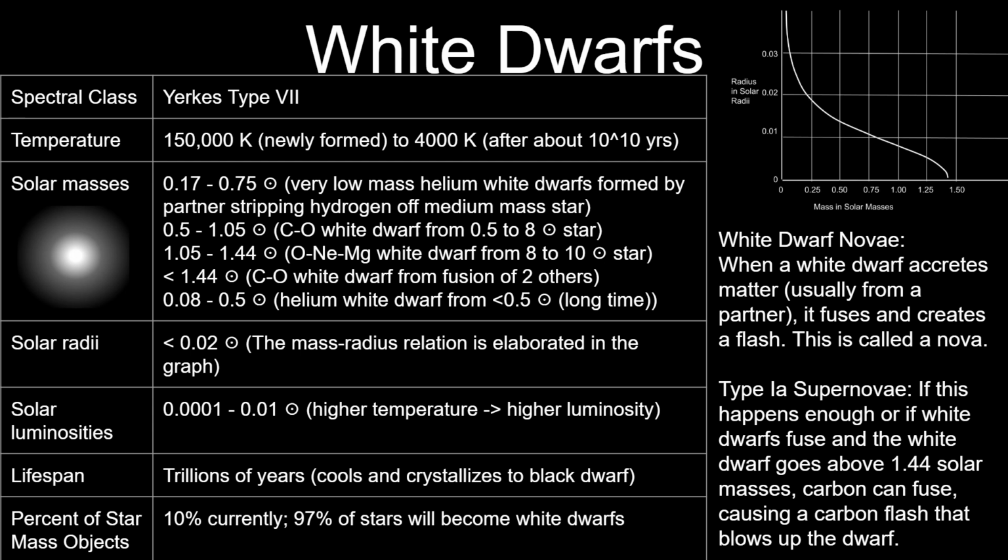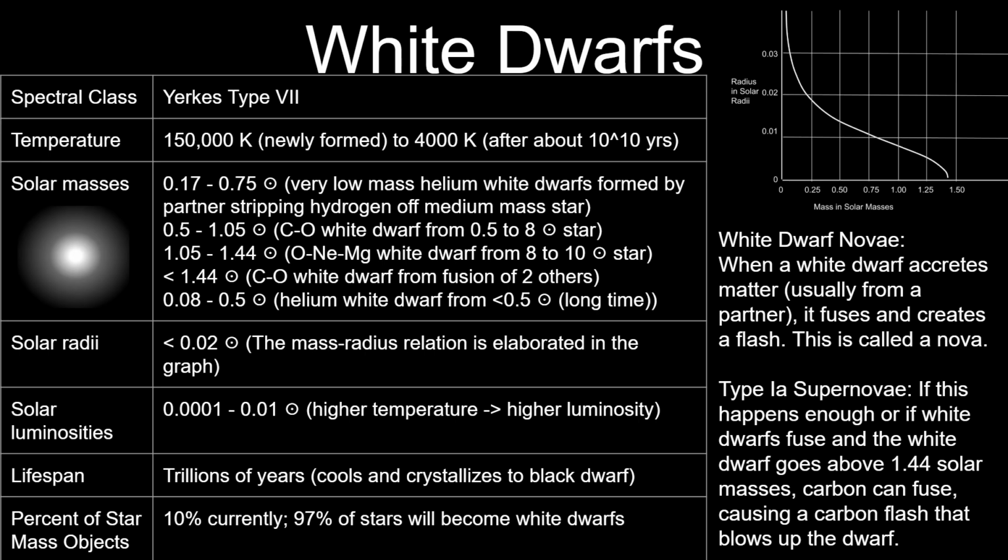They are less than 0.02 solar radii, as shown by this curve. The higher the mass, the lower the radius. Their luminosity ranges from 1/10,000th to 1/100th of a solar luminosity. Their lifespan is trillions of years, and they're 10% of star mass objects currently, but 97% of stars will become